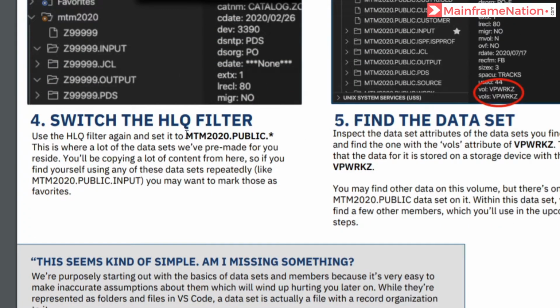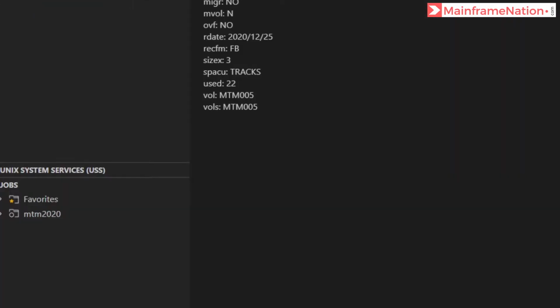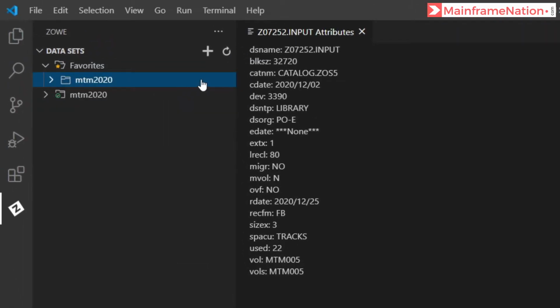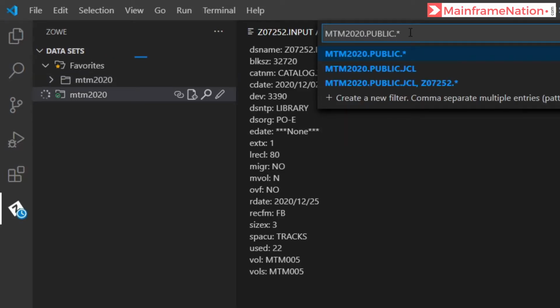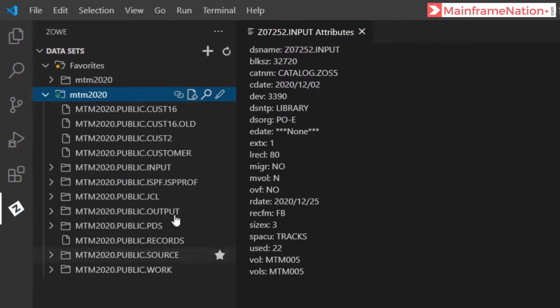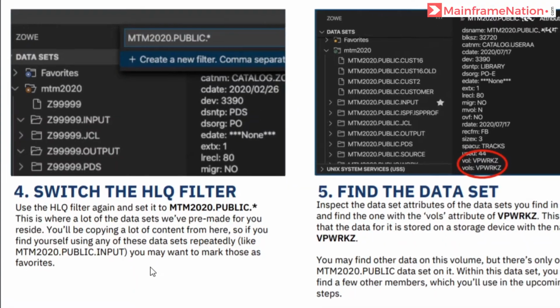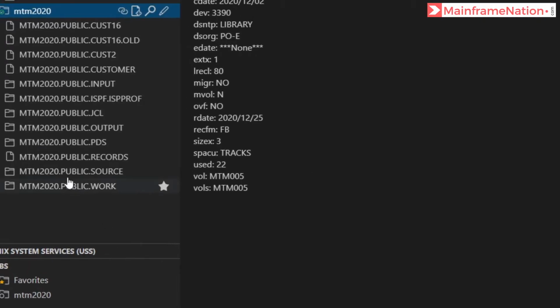We have to switch the qualifier. The qualifier should be mtm2020.public.star. Go to MTM 2020, click on the magnifying glass, give here mtm2020.public.star, and all the datasets which start with mtm2020.public are now displayed. We also have to favorite public.input dataset.